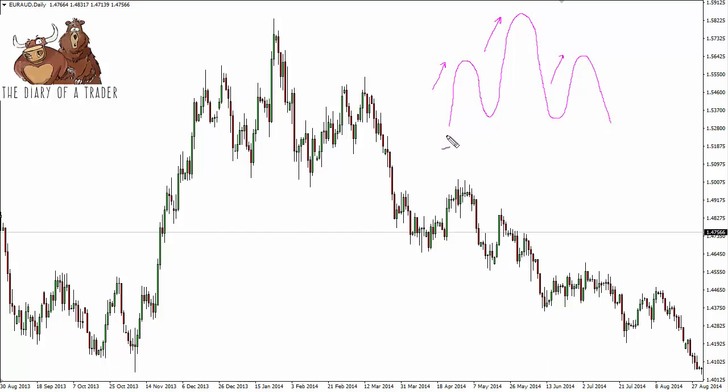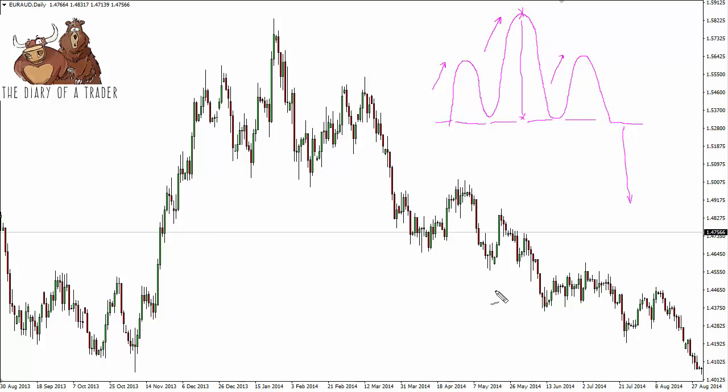The interesting thing about the head and shoulders pattern is it comes with a neckline, and a neckline is the bottom of the pattern. That's very important because the measuring stick, if you will, that comes with the pattern is from the bottom, the neckline, to the top of the head. You take that measurement and you simply project it downward once you break down below the neckline and reach for the same distance.